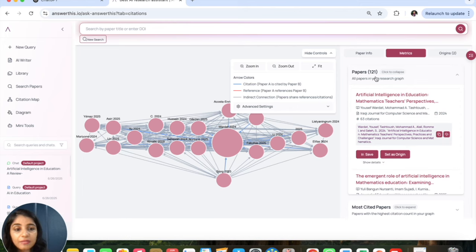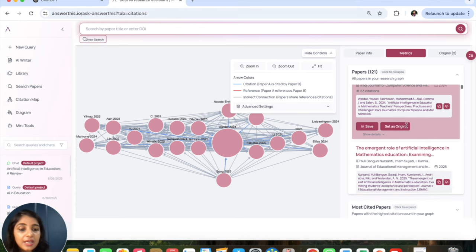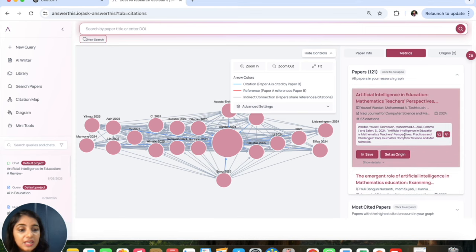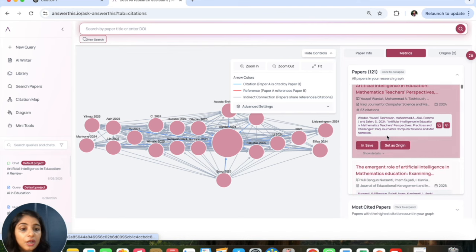You can see that 121 papers, and these are the only papers that you now need for conducting your literature review, because these are the most relevant papers. And from here you can also have a glance. You see that this was the original paper that we used to prepare the graph, and now you see that this is about AI in maths, which is almost similar to the seed paper